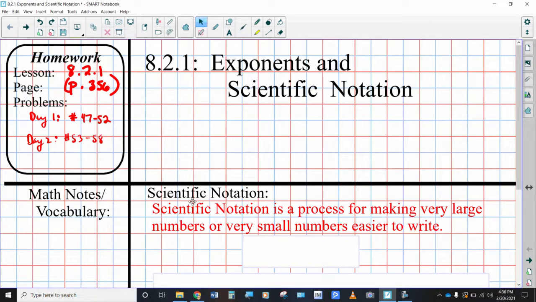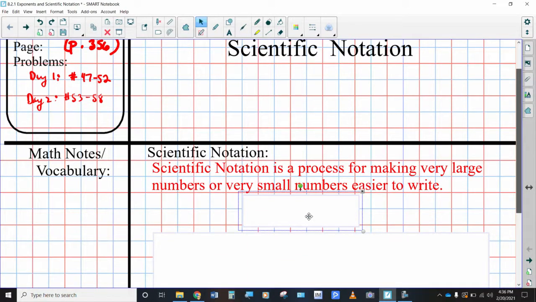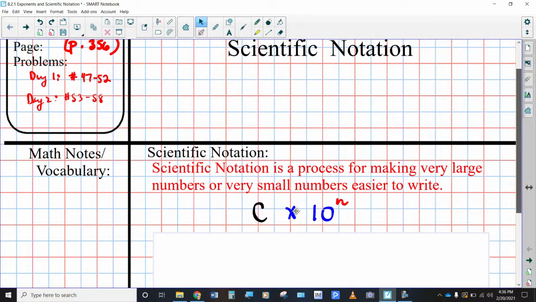So basically, scientific notation is a process for making very large or very small numbers easier to write. And so an example of scientific notation might look like something like this. Okay, so what does the C represent? Well, let me actually write a number in scientific notation here. If we took 2 times 10 to the third power, that would be another way of writing the number 2000. Okay, so why do we do it this way? Well,